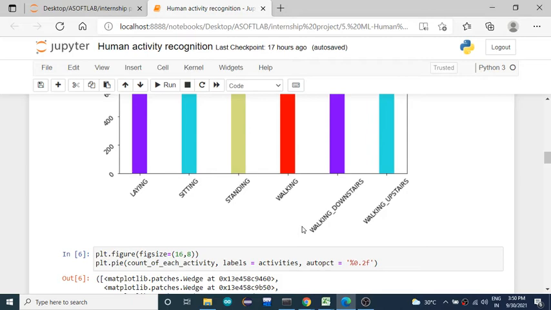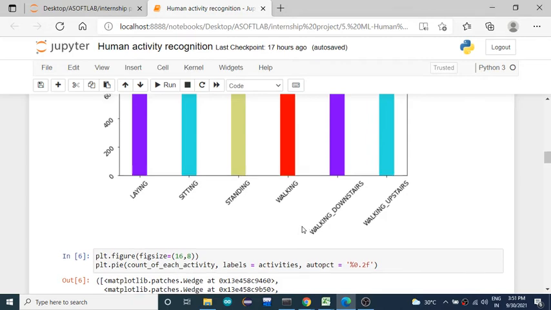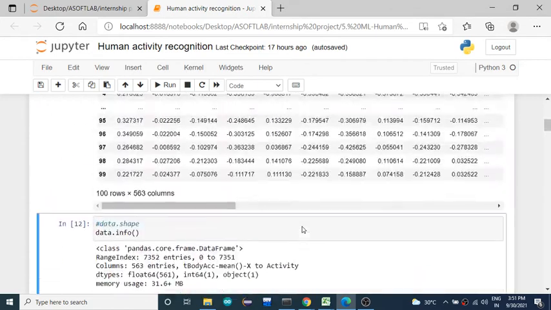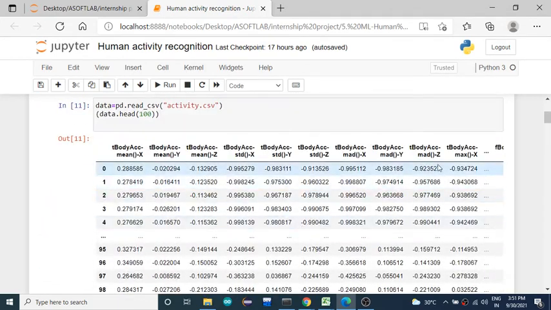Dependent feature is the feature which depends on other features, the target, the outcome we need to predict. In this way we can identify which is the independent feature and which is the dependent feature, and split accordingly.